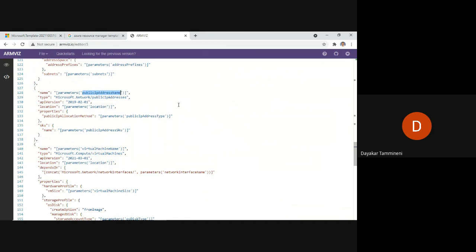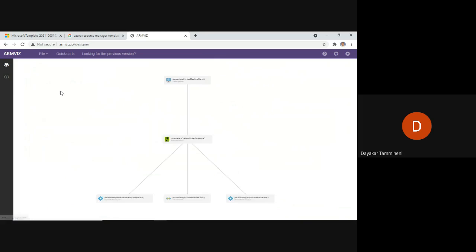Assume the JSON file has 1,000 lines of code, then it is very easy to navigate to a specific line of code using ARM Viz. Note down armviz.io. This is the website in which we can visualize the ARM templates.